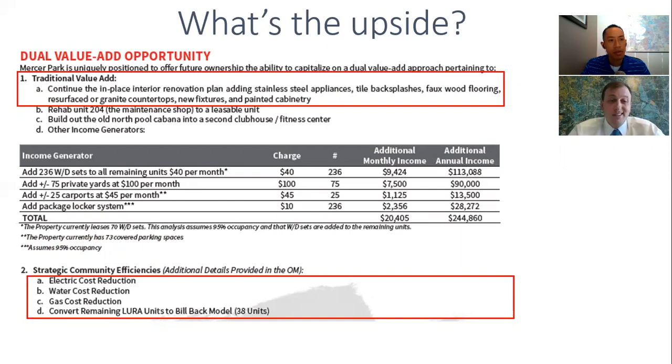So, installing washer dryer sets in all the units that have connections, doing yards off the first floor patios and charging a premium, adding more carports. The carports are very full, so adding more of those. And then adding a package locker and charging residents to use that system could add a significant amount of additional